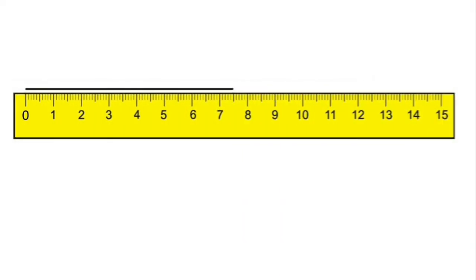Children, this is a ruler. A ruler is also called a scale. There are some lines and numbers on the scale that indicate centimeters. We can measure the length of any object in centimeters. Here, the numbers 0 to 15 show 0 to 15 centimeters. Children, a small scale can measure length up to 15 centimeters and a long scale can measure length up to 30 centimeters.